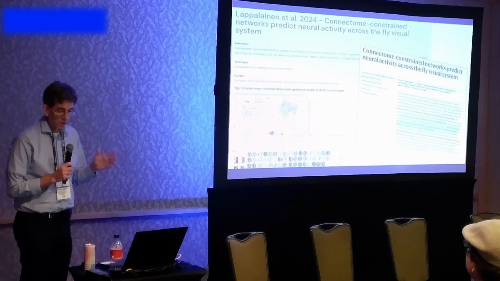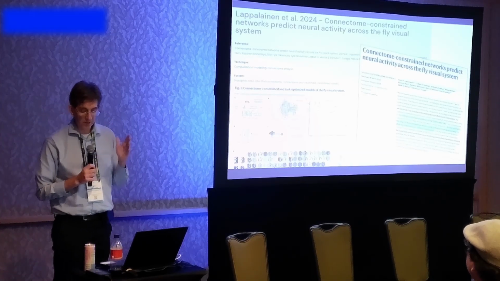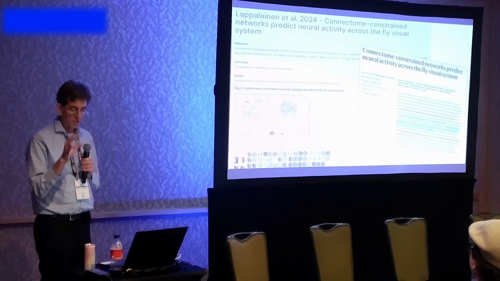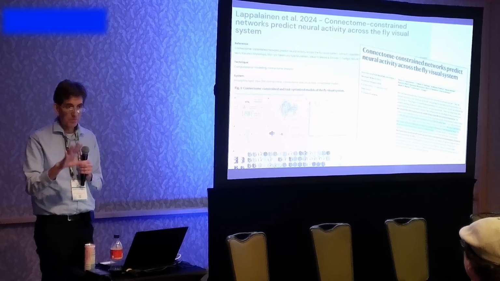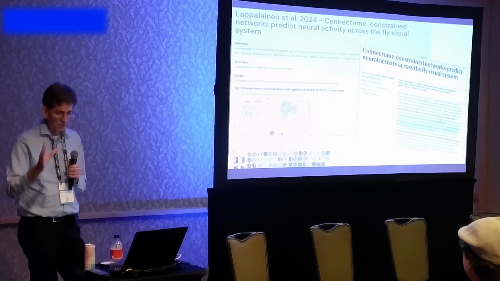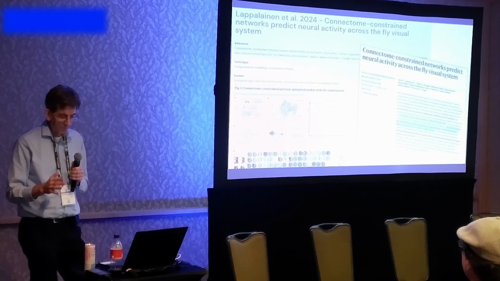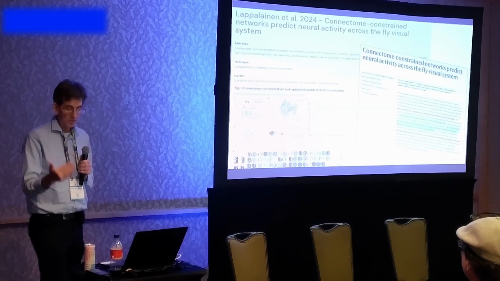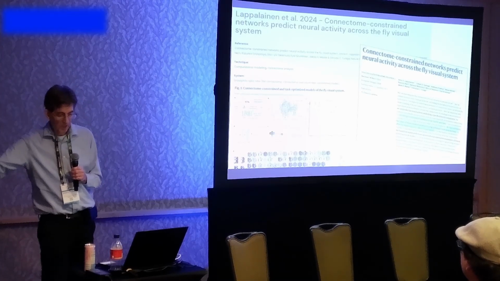Okay. Another paper, Connectome constrained networks predict neural activity across the fly visual system by Lappalainen et al. They showed a novel way to predict function from a static map of synaptic connectivity, even when many dynamic parameters of the neurons are not known, and synapses are not known. They generated a differentiable model of the fly visual system based on a full EM connectivity. And this allowed the unknown dynamic parameters to be tuned by gradient descent with the goal of matching a known motion selectivity of a subset of the neurons.